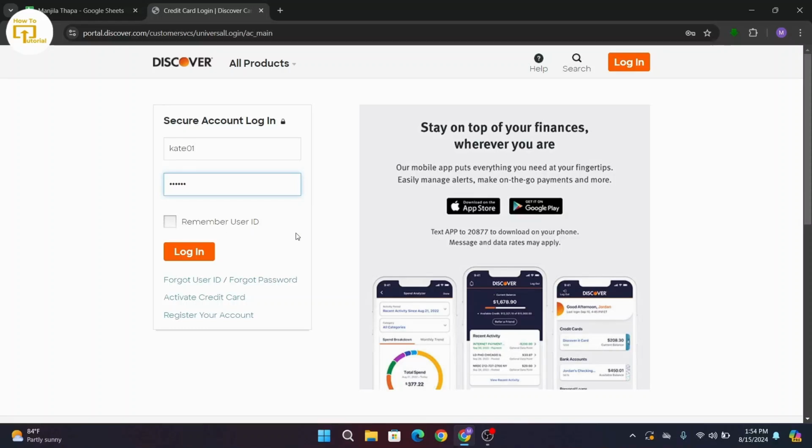And in case you forgot your ID or password, there is a link to recover it. Click on it and this will help you out to recover your account. If you want to activate credit card, click on this link, or if you want to register your account, go to the last link. Now once you're done typing in your ID and your password, click on this login button,